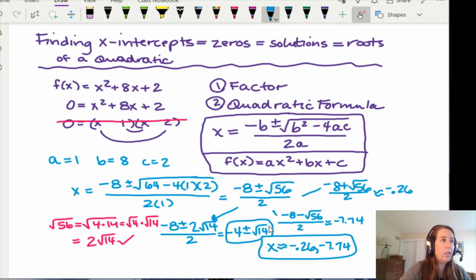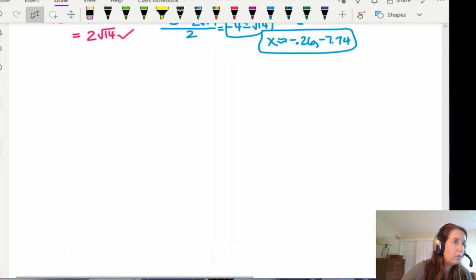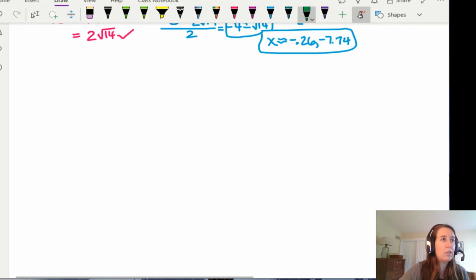Okay, let's do another example using the quadratic formula. If I can scroll down a little bit. Okay, just to make sure that you are solid on it. So in this example,